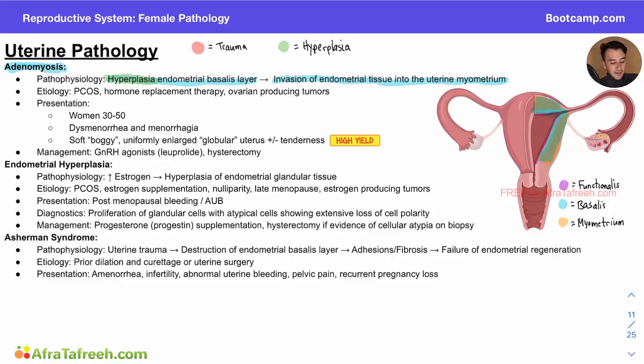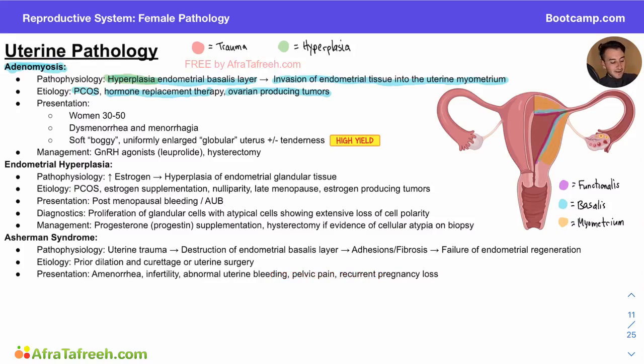I'm going to erase this increase in blue here because we need to use this diagram later, but you get the idea of what is happening, and this is all due to increases in estrogen. So if you have a patient with PCOS, or on hormone replacement therapy, or perhaps an ovarian tumor that is producing estrogen, we are going to get increases in estrogen, and this hyperestrogenic state is what causes this hyperplasia